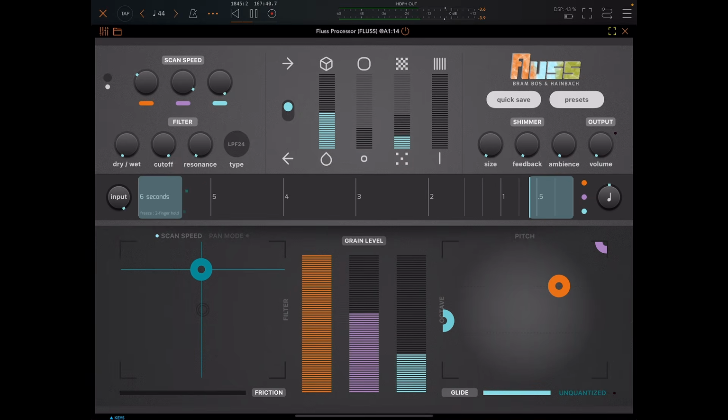Fluss, another one by Bram Bos with Hainbach this time. So here I've mapped two of my sliders, one to the input amount and one to the output volume. So let me bring down the input amount a little bit and bring up the output a bit. So really nice granular app